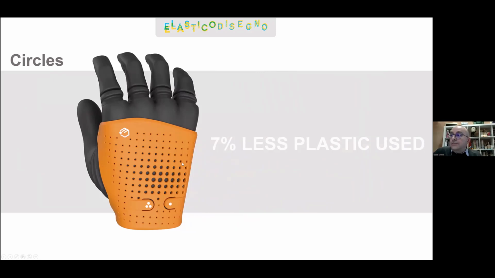In this case, we had a reduction of 7% of the quantity of plastic, which is not much. But at the same time, the size of the holes is such that it protects the mechanics inside, and doesn't let small tips like a ballpoint pen in too much, so as to damage the mechanics. So it's slightly less heavy than before, and it still provides adequate protection for everyday use